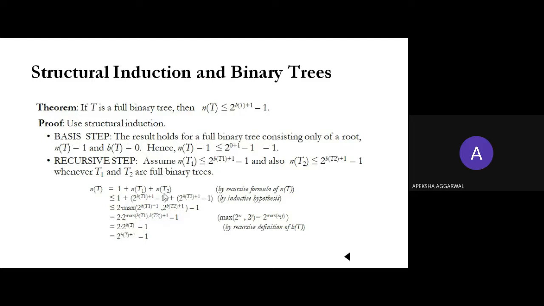That is true. And we know that this is 2 to the power ht1 plus 1 minus 1, and the right-hand side is 2 to the power height of t2 plus 1 minus 1. Right? And this would be 1 plus this, and this would be 2 into the maximum of either of them. Why maximum? Because it can happen that in the left subtree only one child is there and in the right subtree no children are there. And it can be that the left subtree has 3 children. If you see the example,